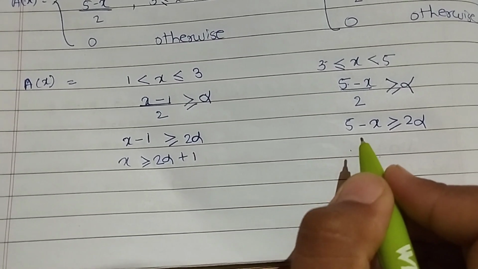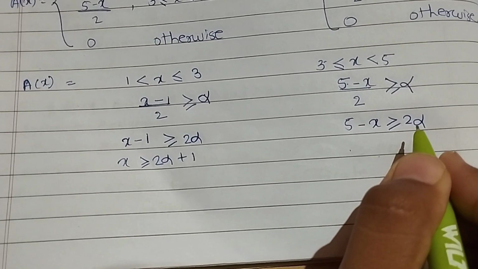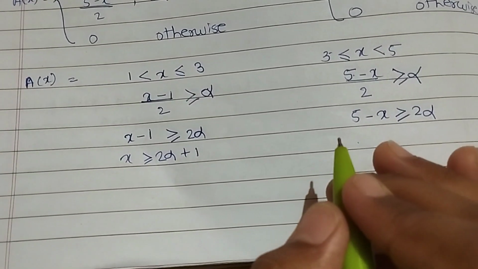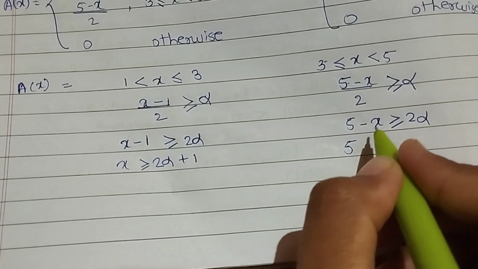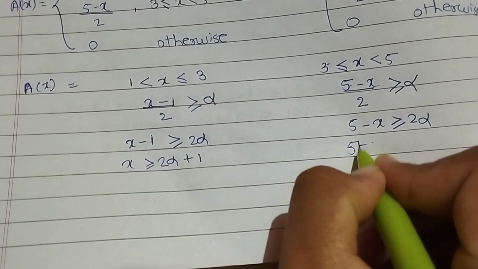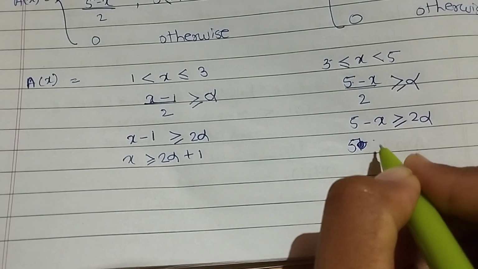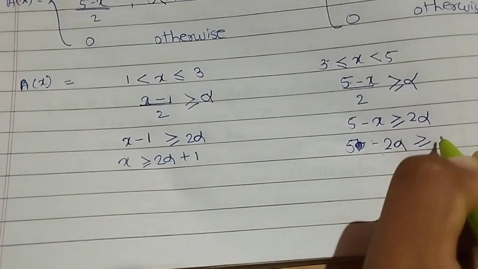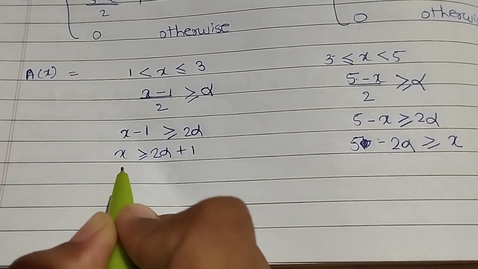So for simplicity, what we do is shift the minus x to the right side and the 2 alpha to the left side. So the plus x, we want to solve the equation for the plus x. For that we shift minus x to the right side and 2 alpha to the left side. Now this is minus plus 2 alpha. When it shifts to the left side, it is converted into a minus, and it is greater than or equal to x. We find out the x.